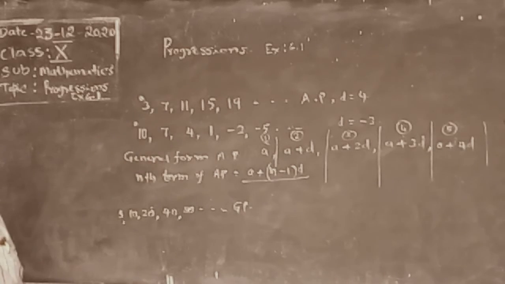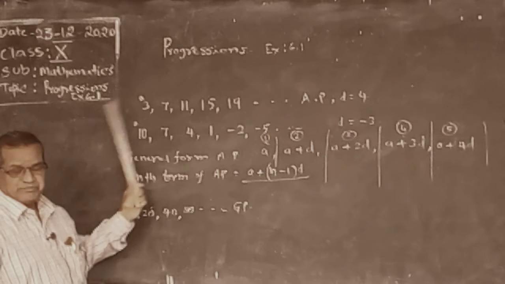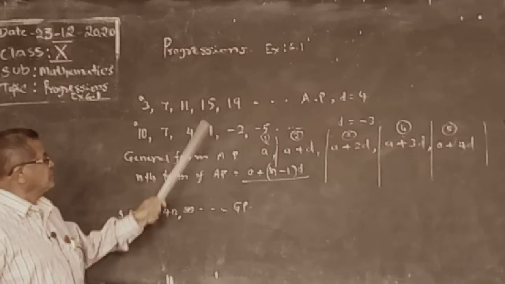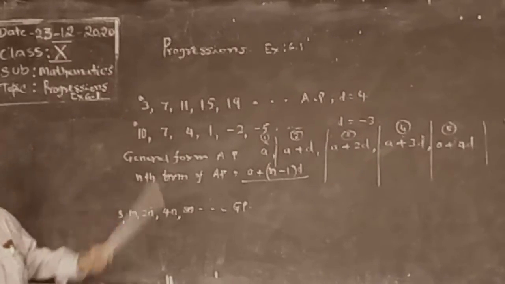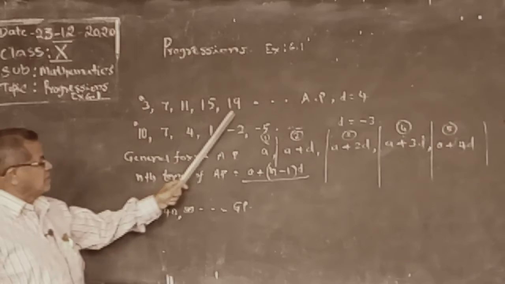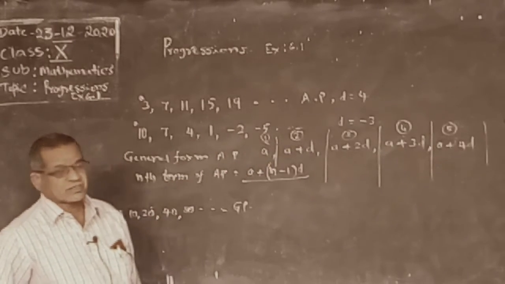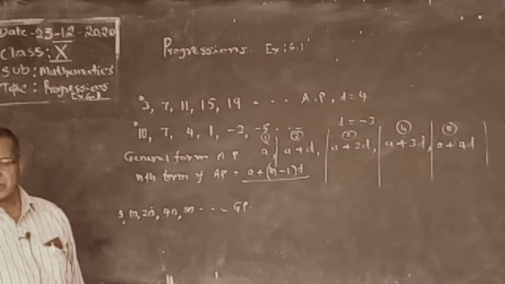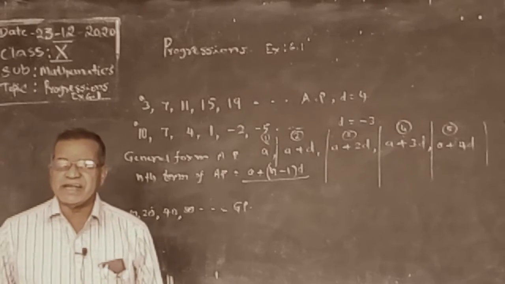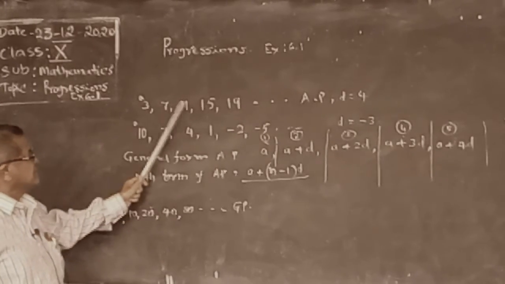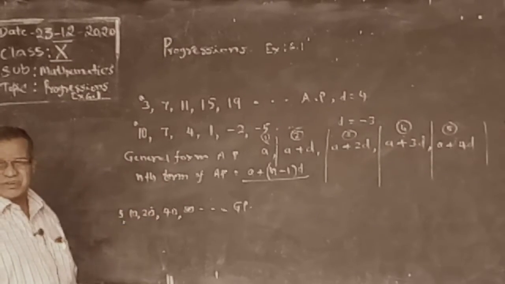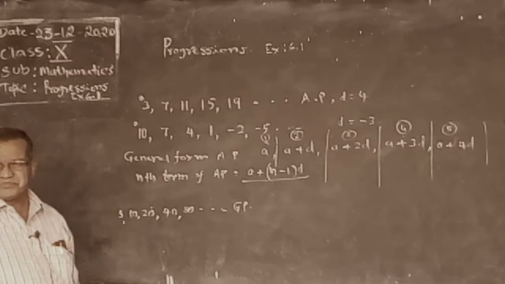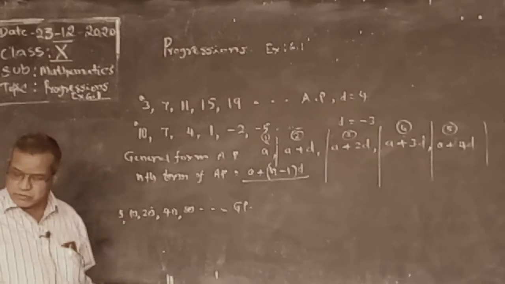This is arithmetic progression. Here the difference will be equal, same, identical. 3 plus 4, 7 plus 4, 11 plus 4, 15 plus 4, like that. 4 is a constant, fixed number, that is arithmetic progression. AP is the short form of arithmetic progression. It is a list of numbers obtained by adding a fixed number to the preceding terms, except the first one. The first one remains as it is. To that number we are adding a fixed number. That is AP.